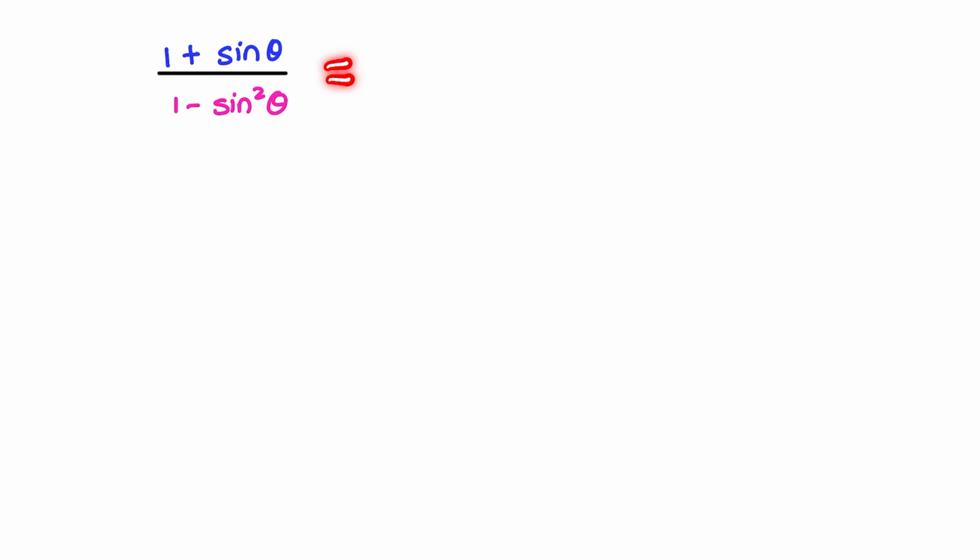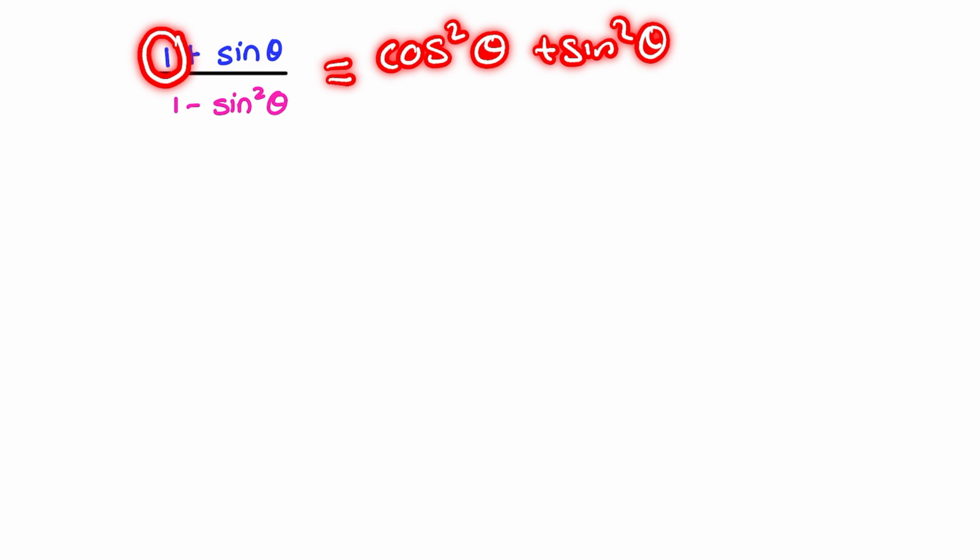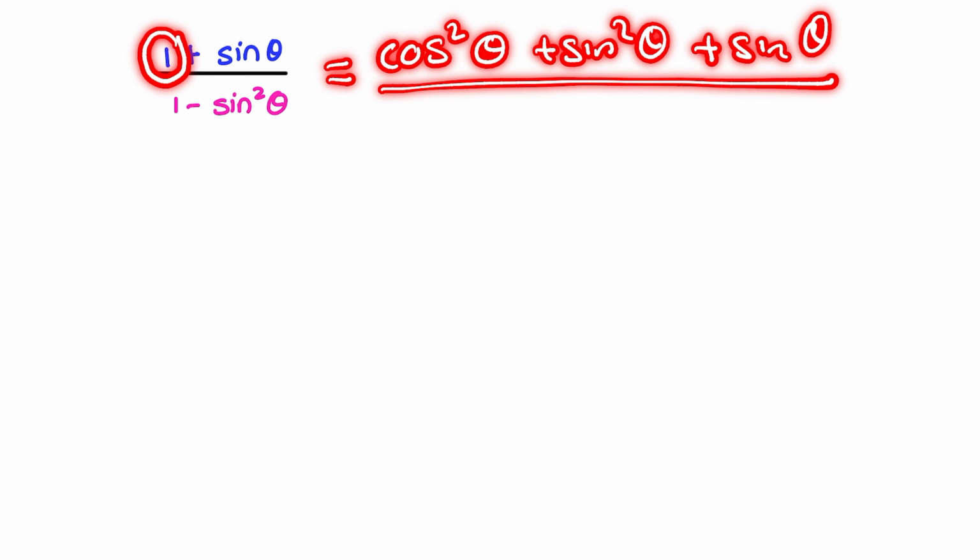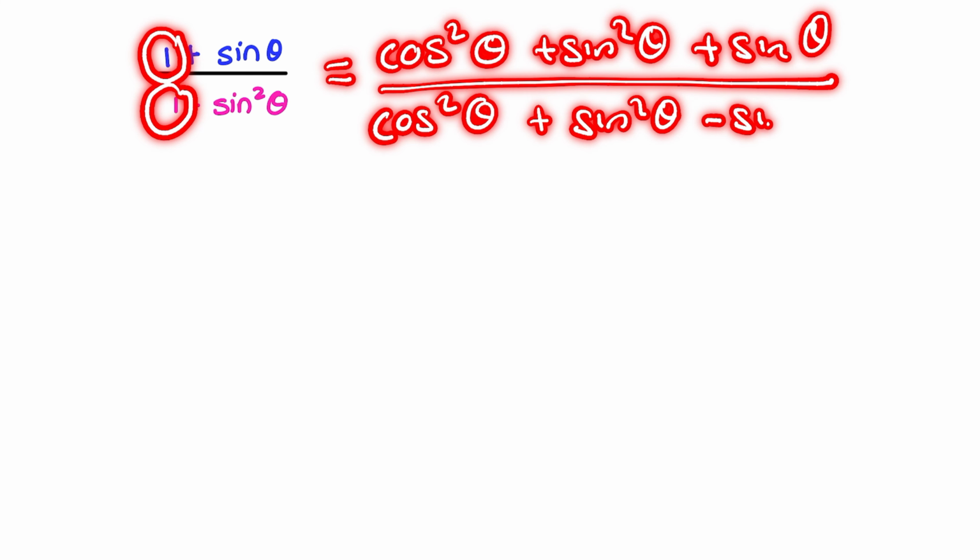Now, the most common mistake that people make is they take that 1 and rewrite it as cos² θ + sin² θ, and they'll keep the sine at the top. And they'll also take the 1 in the denominator and write that as cos² θ + sin² θ − sin² θ. What they are actually doing is creating more terms in the numerator and more terms